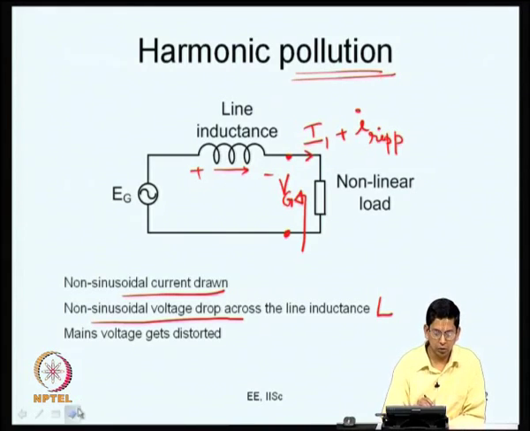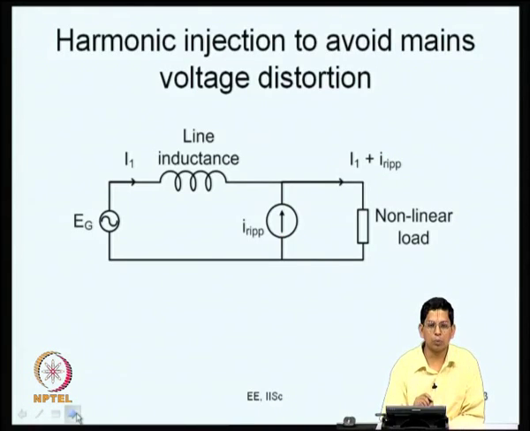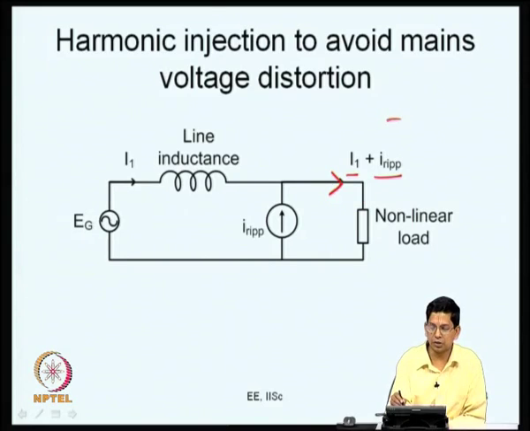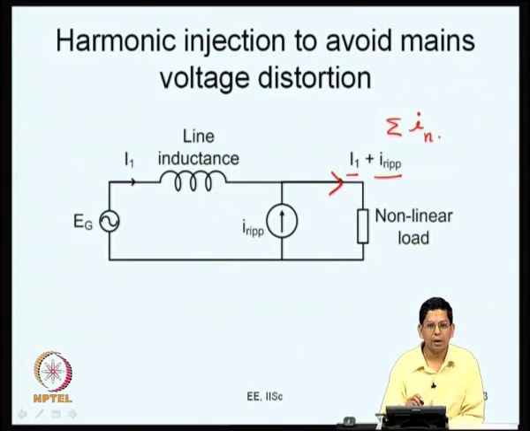Now, let us say we want to avoid this harmonic pollution. How do we avoid this harmonic pollution? As we indicated here, there is a current flowing here. It consists of a fundamental component, it also draws a ripple component. This is because the ripple is the sum of several harmonics. Now, why is the current so? Because that is the nature of a non-linear load. So, if the non-linear load has to function, it needs to draw such kind of current,